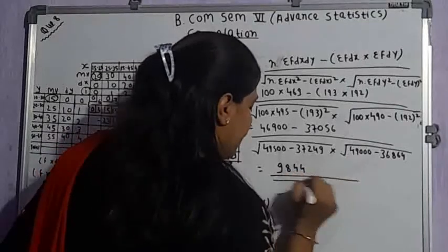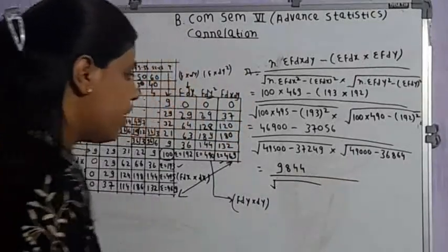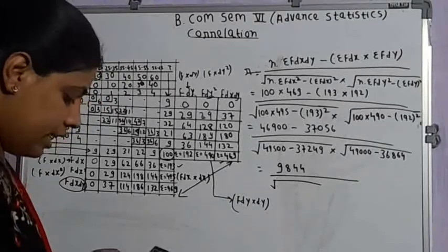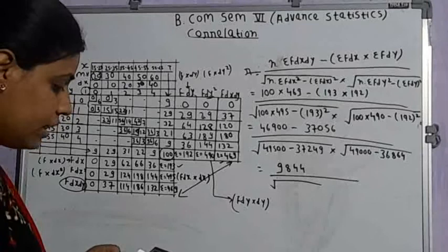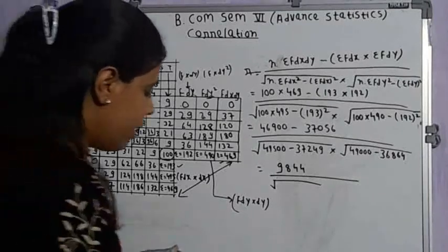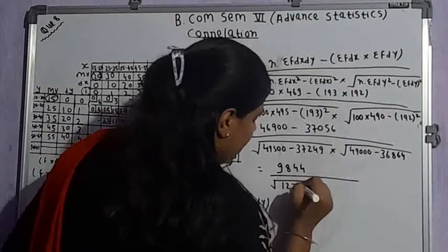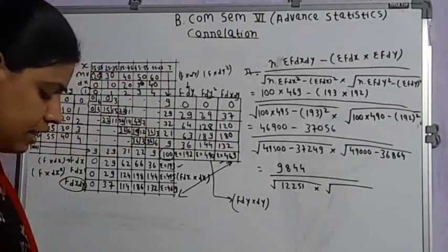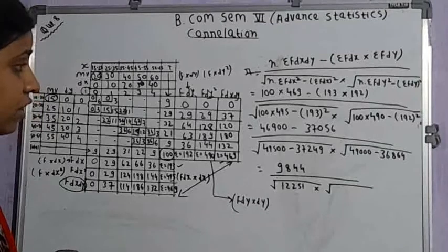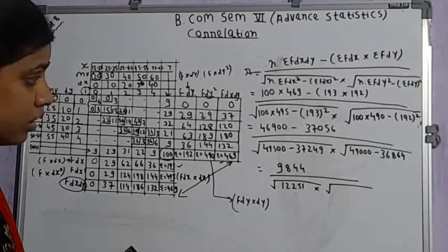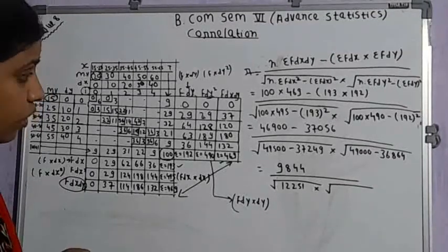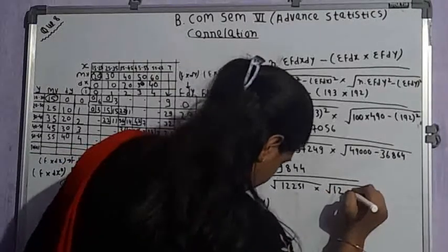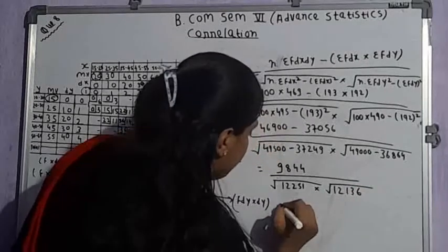And under root 49,500 minus 37,249 would be equal to 12,251, into another under root 49,000 minus 36,864 would be equal to 12,136. Okay, then